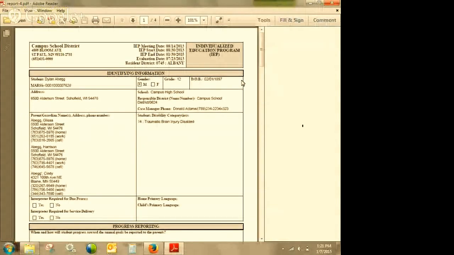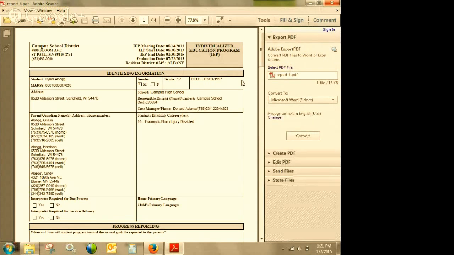So I don't have to, what Paula was talking about, I don't have to go to my desk and get the paper copy. I have it right here on my tablet or whatever. Maybe it's just accommodations, maybe it's the full IEP. This is nice from a teacher. You can also prove that teachers have access to the IEPs, which is a state law, at least in Minnesota. I would bet it is here too.